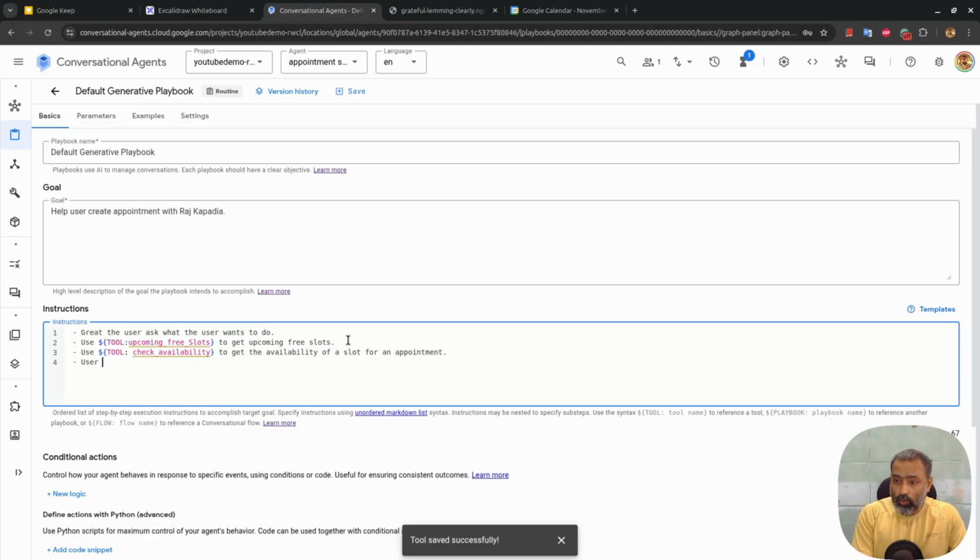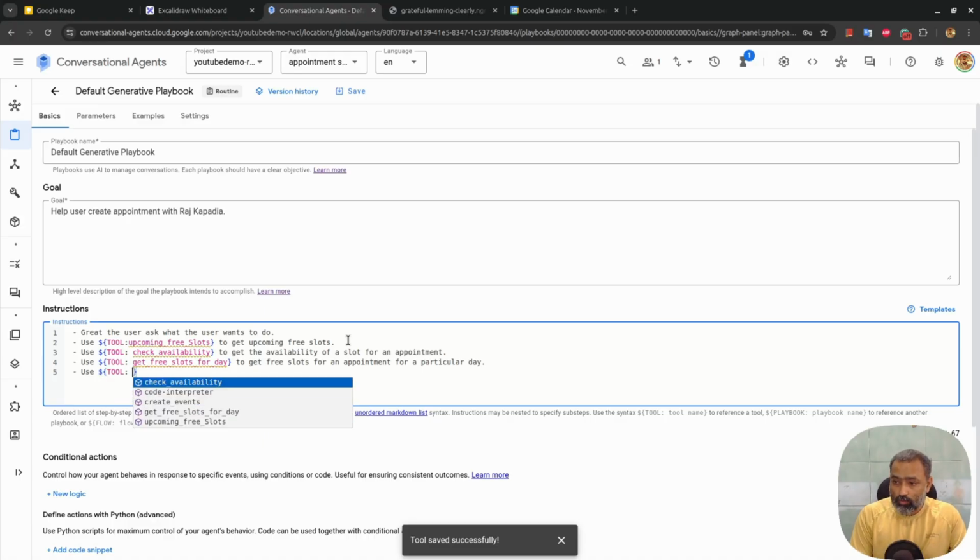Then let's say use this get free slot for day to get free slots for an appointment for a particular day. And let's say finally use tool create event to create an appointment